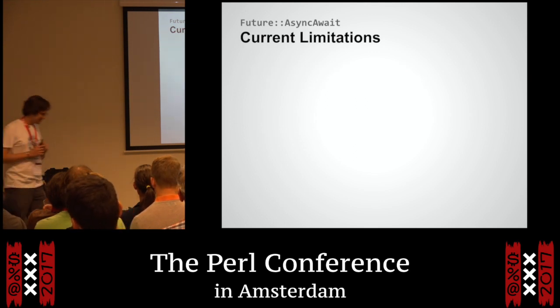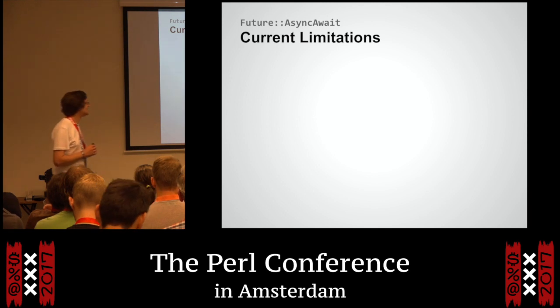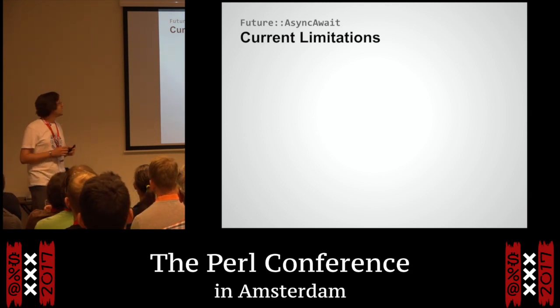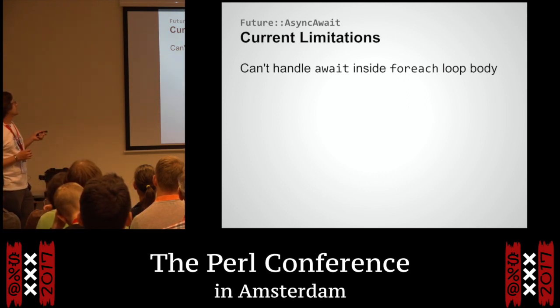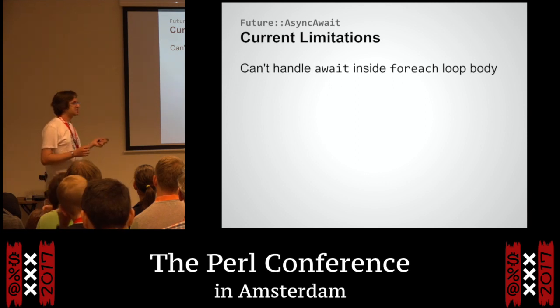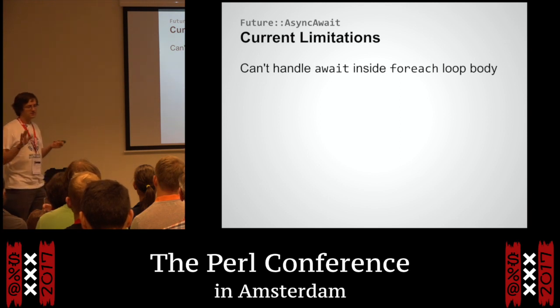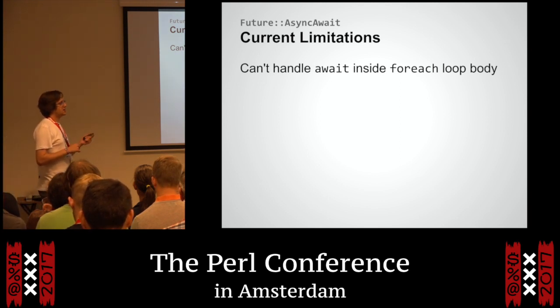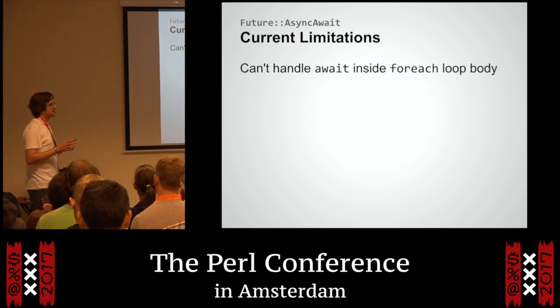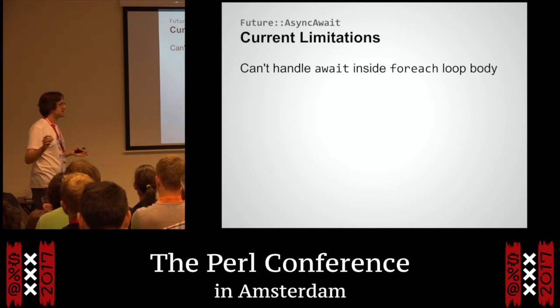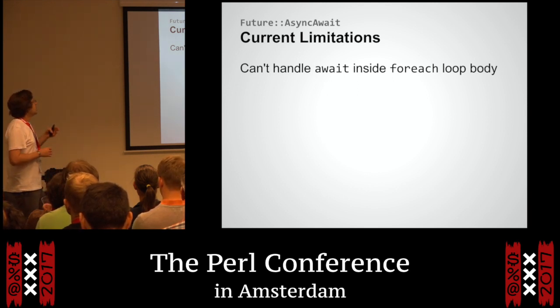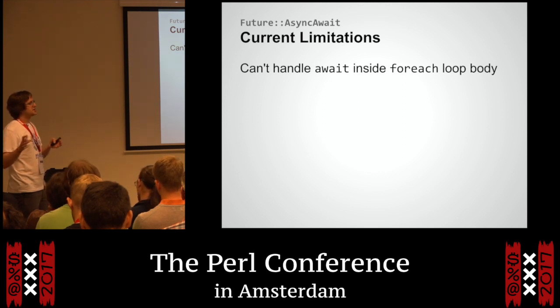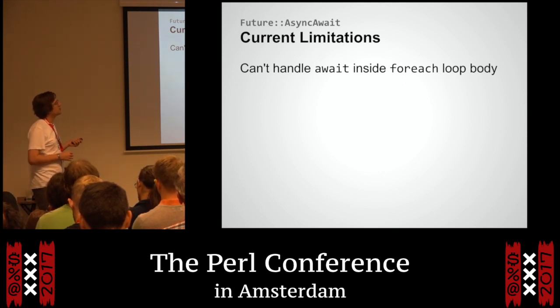However, it's not quite as rosy a picture as you might have imagined so far. So currently, as of right now, you can't put an await expression inside a foreach loop. That is purely because I haven't got around to writing the code yet, because it turns out what you think of as a foreach loop, there's actually 5 different kinds of foreach loop. Where if you say foreach 1..10, what Perl actually does is just remembers the number 10 that it needs to end at, and it remembers that currently it's at number 1, and then it goes down the next time and says, actually, currently I'm at number 2, and so on. And there's lots of other little internal optimizations, which just mean that there's kind of 5 different foreach loops.